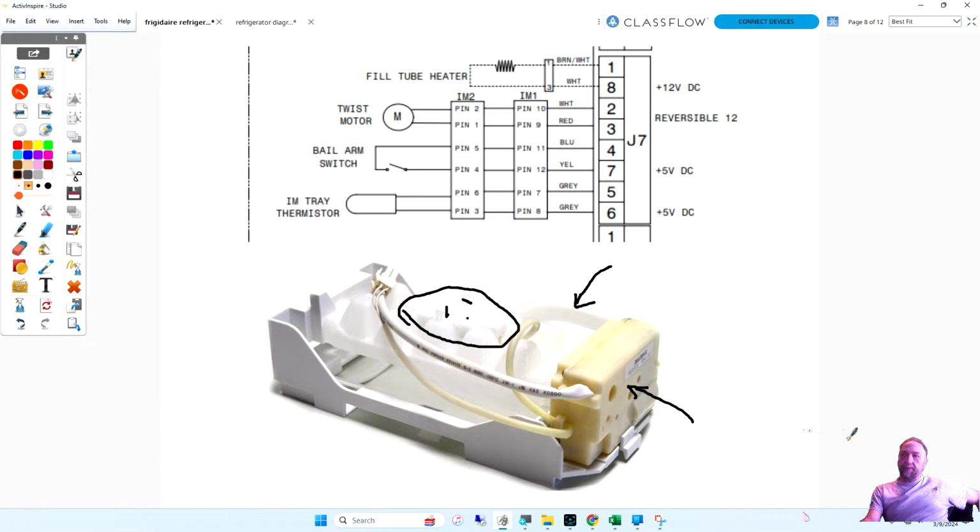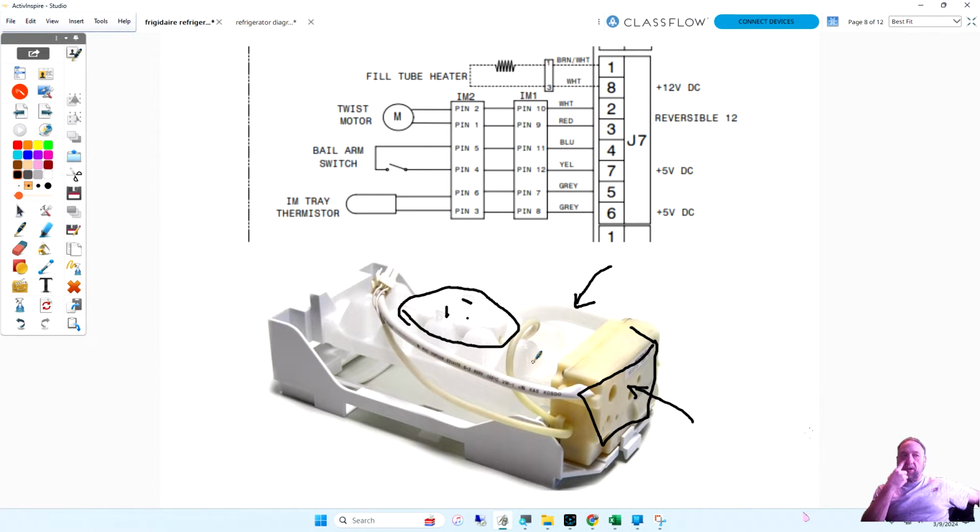Switch. With motor? It's just got a motor and a switch. Does it have a circuit board in there so the ice maker would run? No, I think it's just a switch, right? It's just switching the motor. The main board is what's controlling the ice maker. So this ice maker doesn't have a board in it. So the sensor and the motor, they're all going back to the main board, and the main board is what's